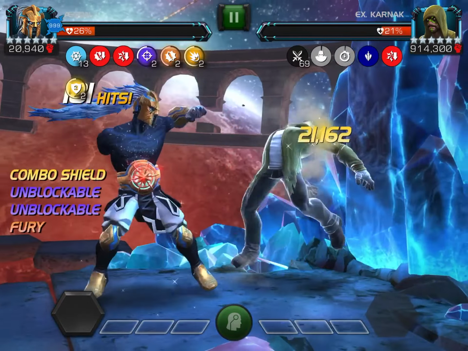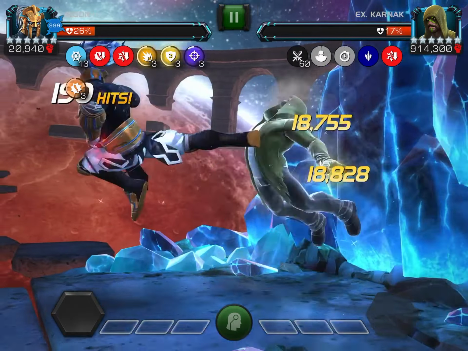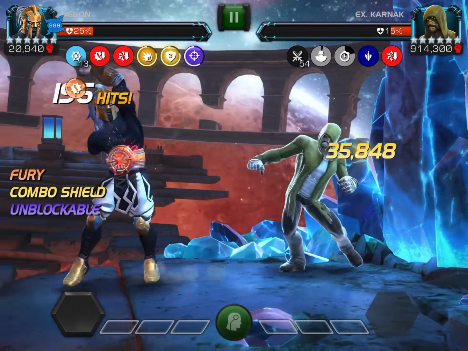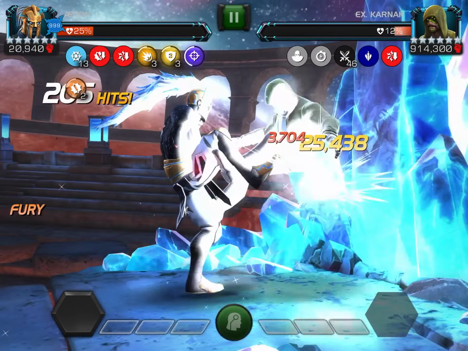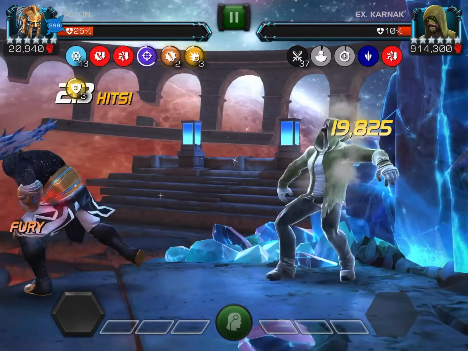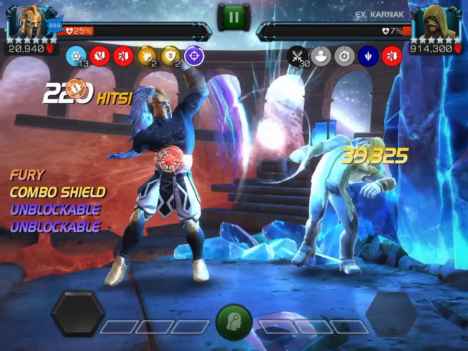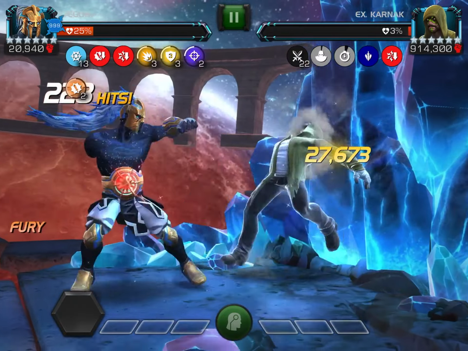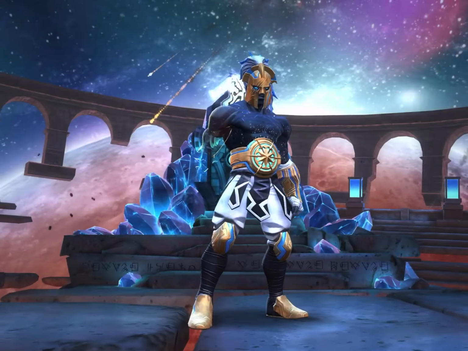But yeah, I love Aegon too, but you can just see the damage here is just crazy. Like, each combo, just with your lights and mediums, is around 100k. So you just keep doing those and just pummeling into this Karnak, who's just sitting in the corner kind of taking a beating. A lot of fun. Yeah, and now when you're in Assassin's range, those numbers just keep going up even more. And yeah, I think I got a pretty good combo in there, about 234 hits. Not a very hard fight, but...